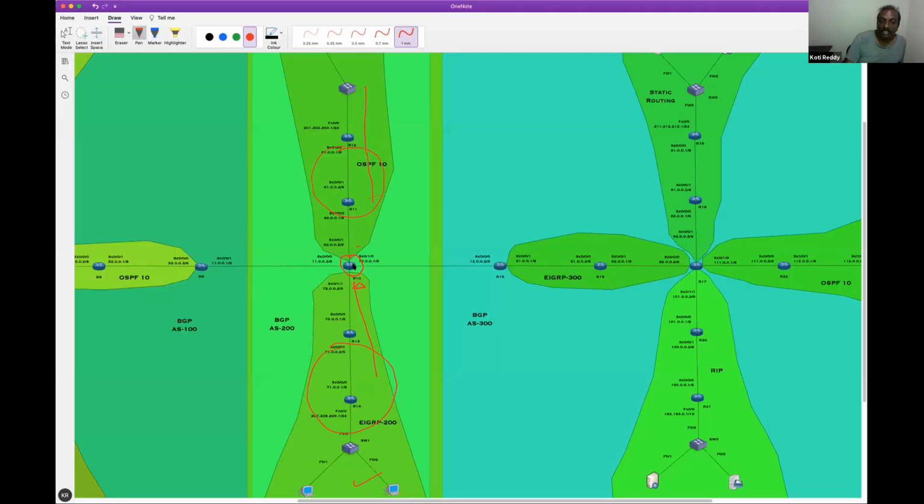I should go to R10 BGP here and say what? Redistribute OSPF routes into BGP. EIGRP routes also into BGP. Then what happens? BGP, not only this side, they also go this side also, right? So I should go to R10 and ask BGP 200 to redistribute OSPF 10 and EIGRP 200 routes into what? BGP. OSPF into BGP, EIGRP into BGP. Let's do that on R10.